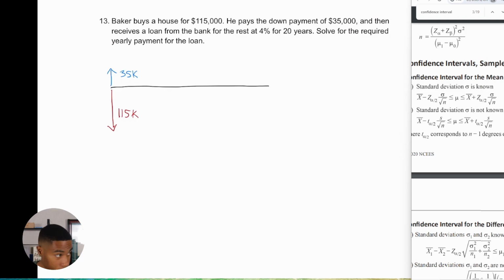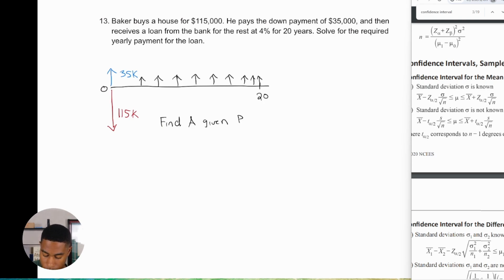So I know that at year 20, this is at 0. There are some payments that are going to have to happen, right? And we just want to find what that yearly payment is. And it's the same payment each year for 20 years. And so we know we want to turn all this into the present worth. So we want to find A given